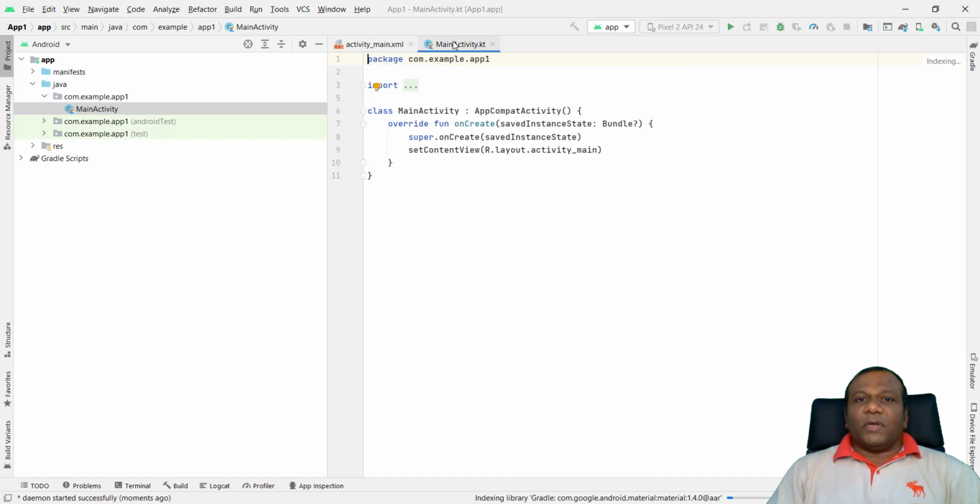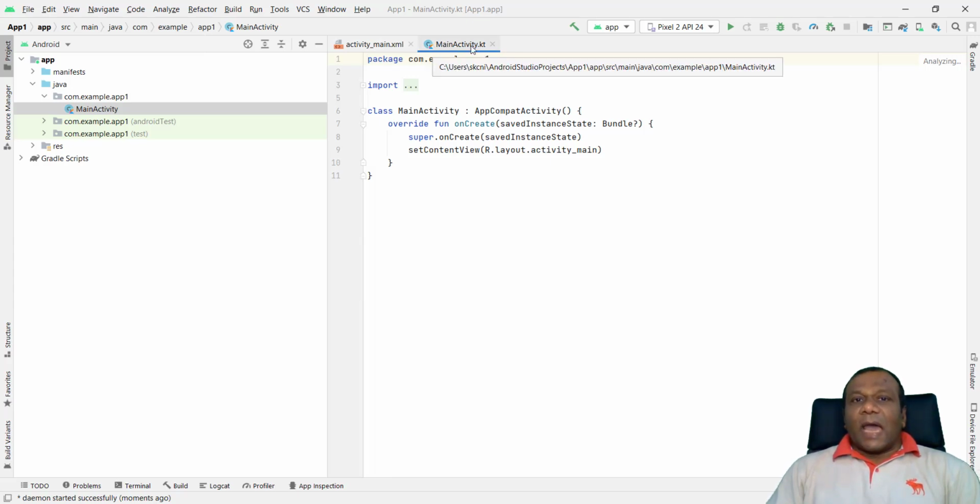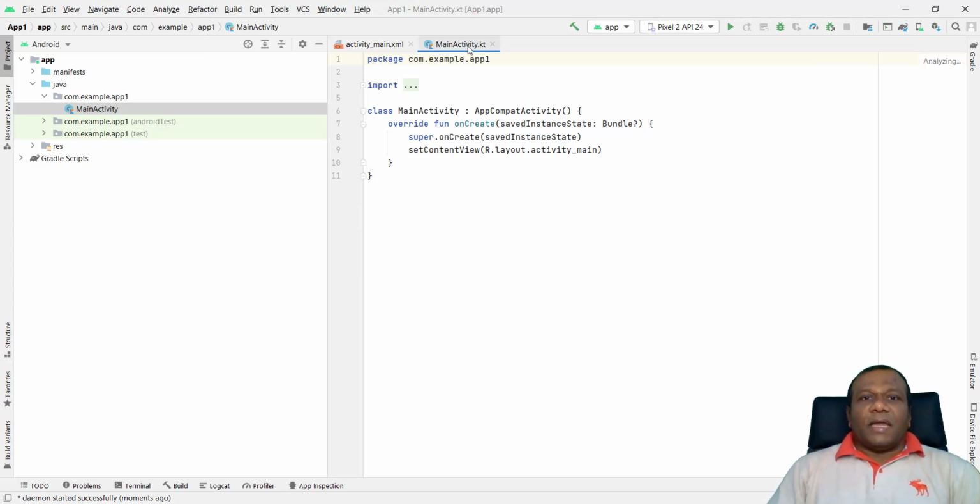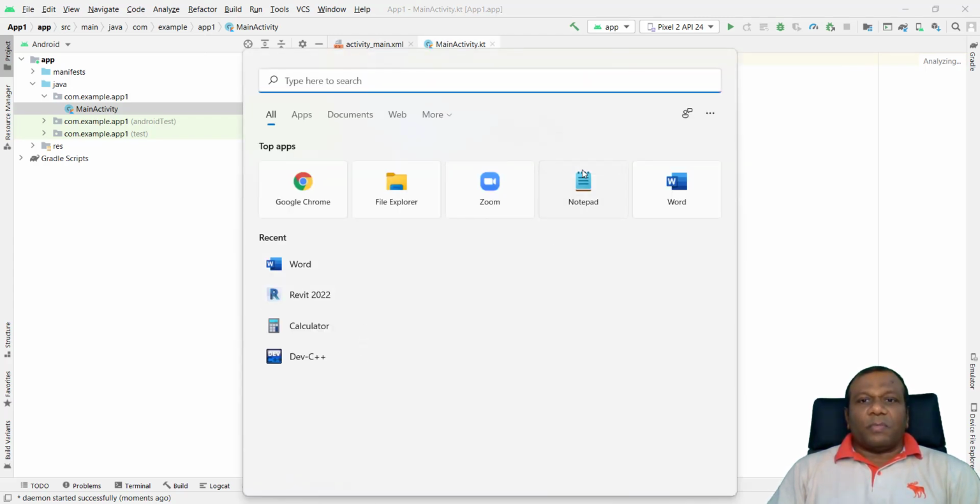For example, if you are going to name your app, in this case I didn't name it, but if you name it MyApp, I'll type it in the notepad.